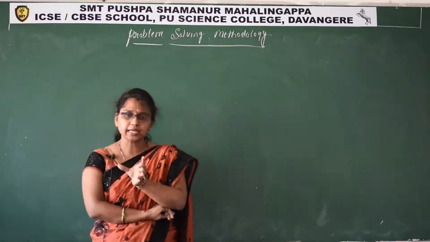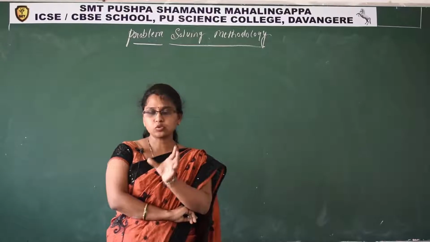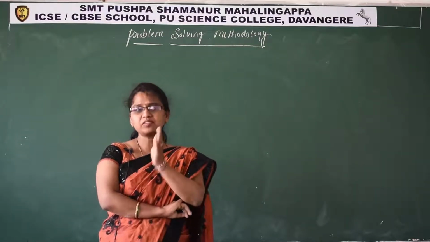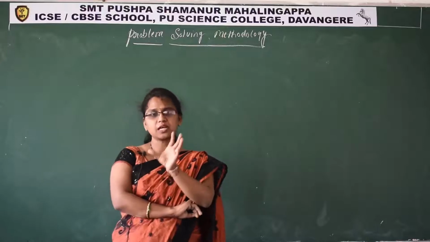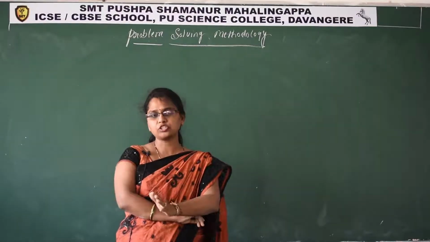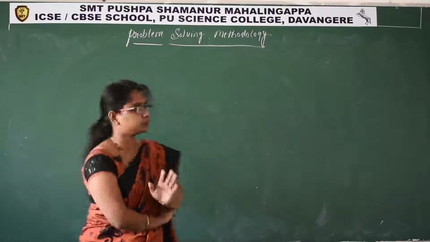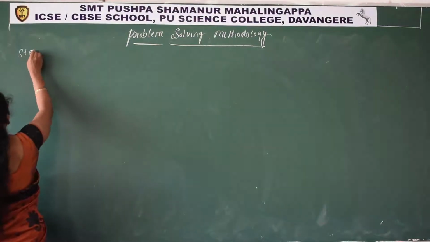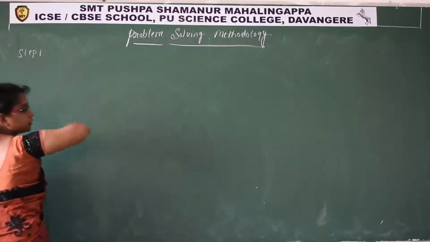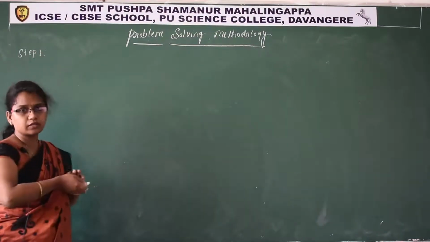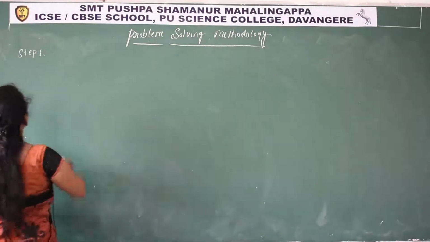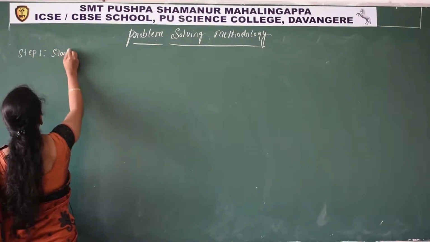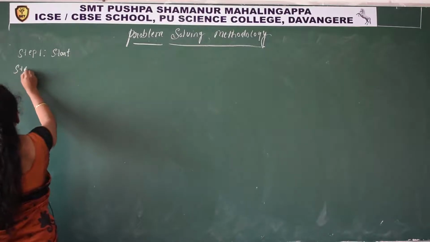So first the user has to input a value, it has to calculate, and after that it has to display the result. Only 3 steps are there. The main steps are input, calculation and output. That's it. So let us start now. Step 1, I did not write the question here. You all know the area of a rectangle. Start. Step 2,